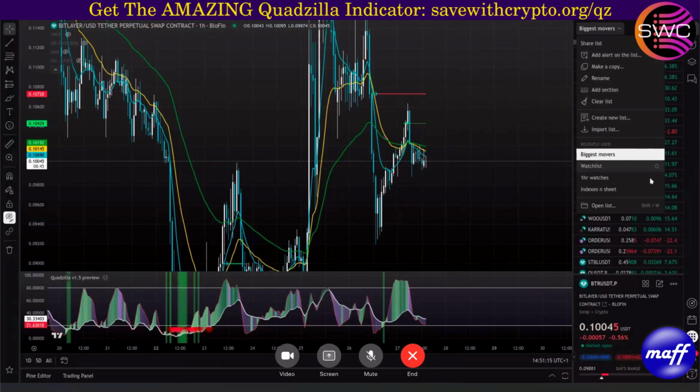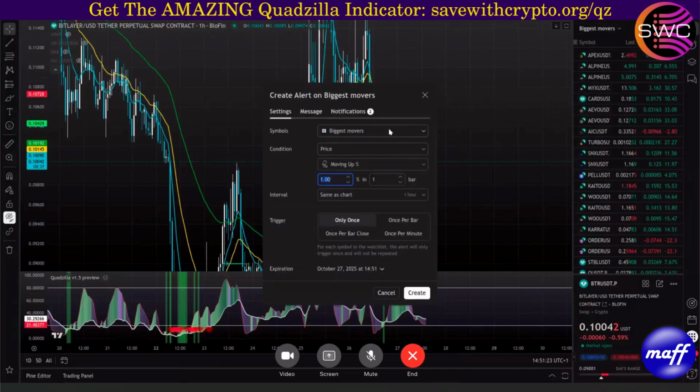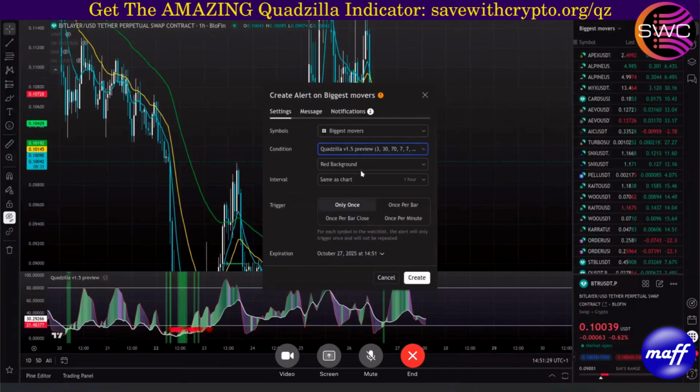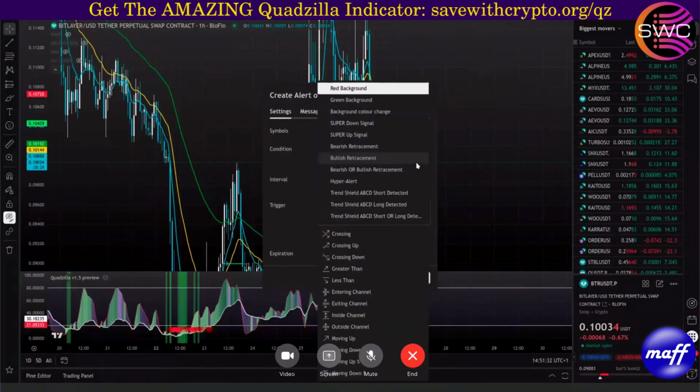So if I go to, forgot what it's doing. Yeah, we're on biggest movers, add alert based on this watch list. We want that to be based on Quadzilla. And the actual thing we want to be alerted on: these are all the different things that Quadzilla can alert you on. We talk about the background change. The background color changes if either of those 2 happens, the super down shows or the super up. Then there's a bearish or a bullish retracement, or a bearish or bullish retracement. And then hyper alert is just a combination of all of the above, which is kind of handy. It doesn't include the trend shield alerts,